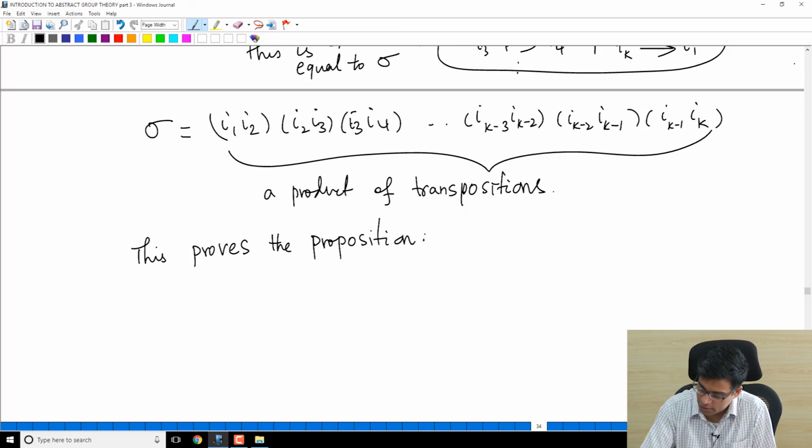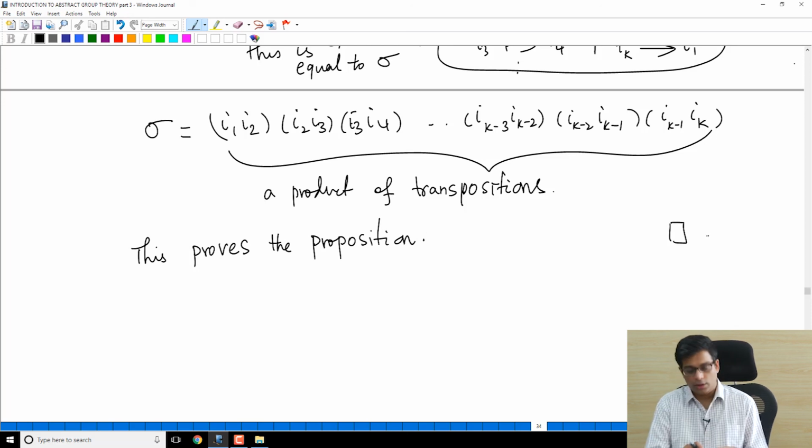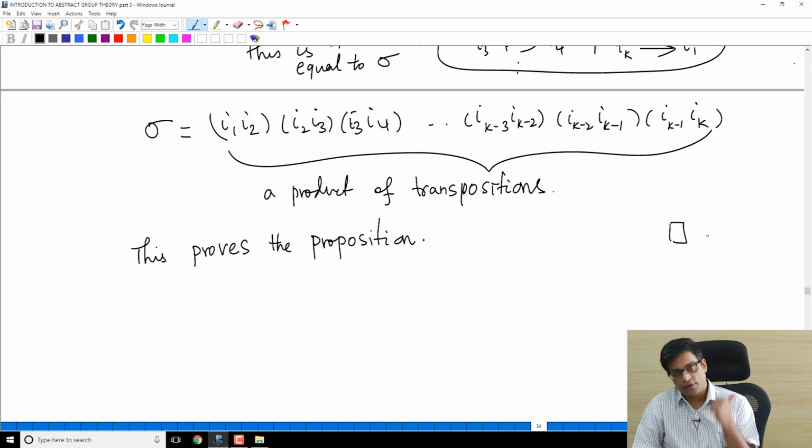And we have already looked at some examples. So the important points to keep in mind is, first, you can write any permutation as a product of transpositions. This product is not disjoint and not unique. Even the number of transpositions required is not unique. And in the next video, I'm going to look at what kind of uniqueness we can get out of this decomposition into product of transpositions.